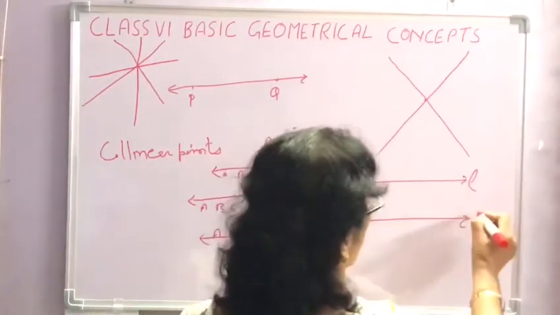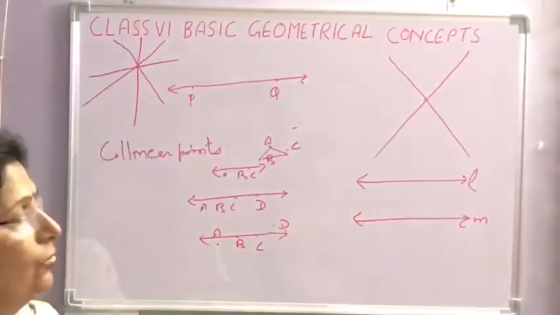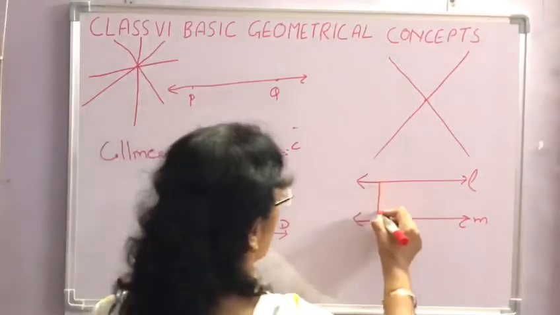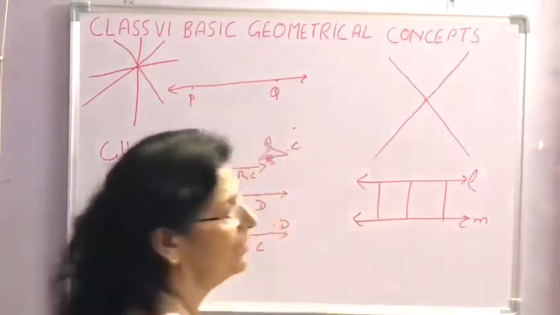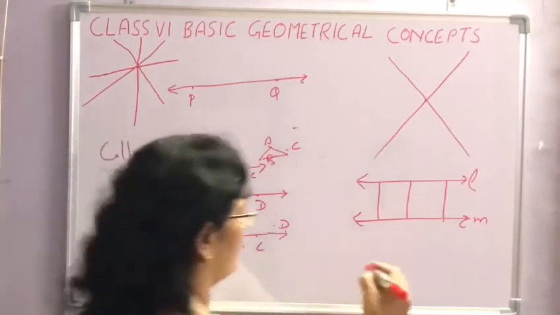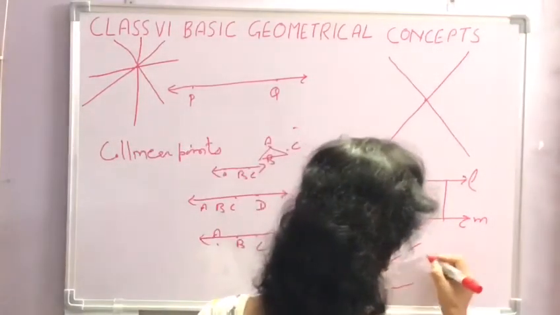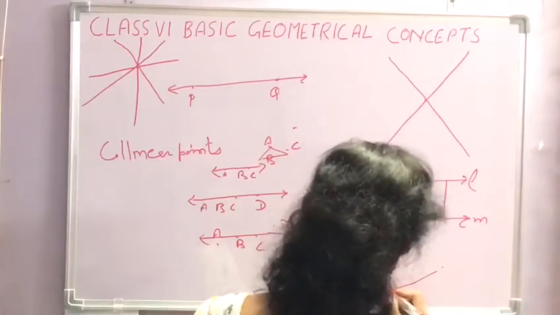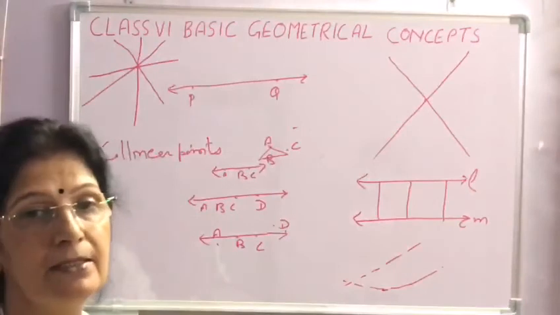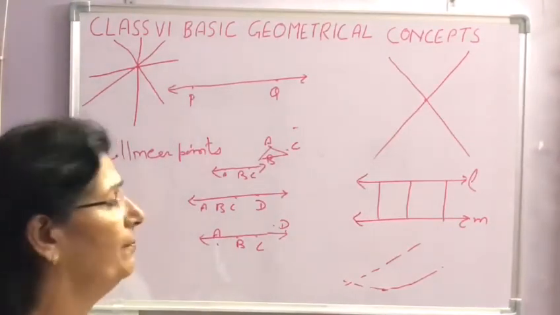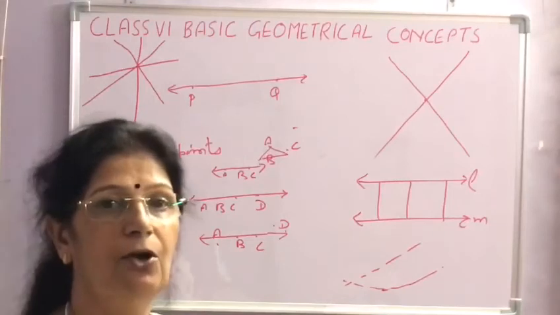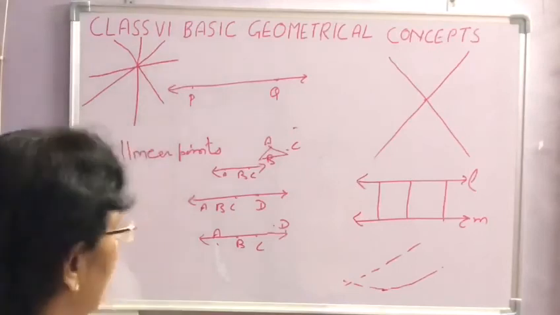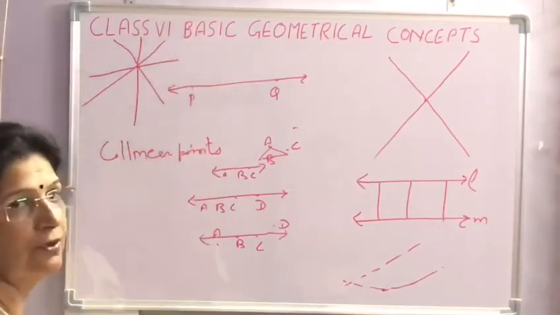Parallel lines. When two lines do not meet anywhere, they are called parallel lines. The distance between these two lines is always the same, however far they are produced. Suppose we are having these lines. When we produce them, they will meet somewhere. It means they are not parallel. The best example of parallel lines is railway tracks, because if the tracks are not parallel, then the train will be derailed. Another example is the opposite edges of the blackboard.